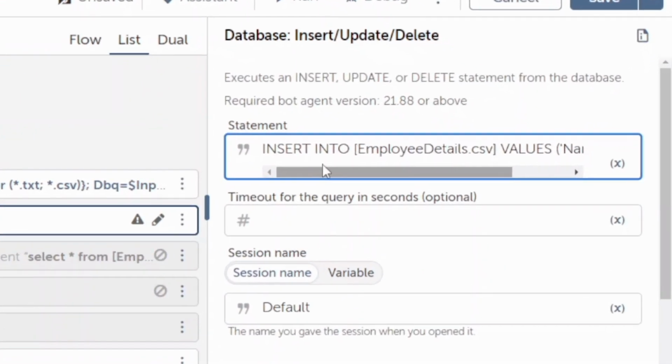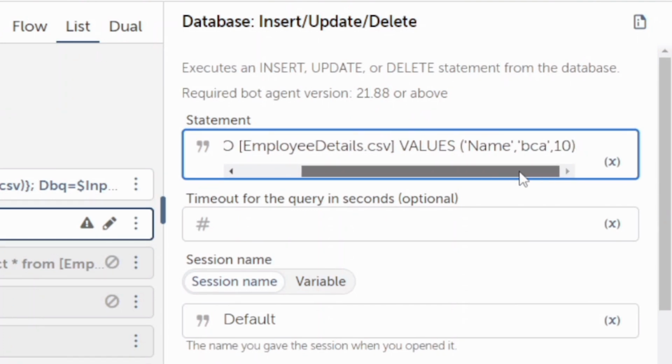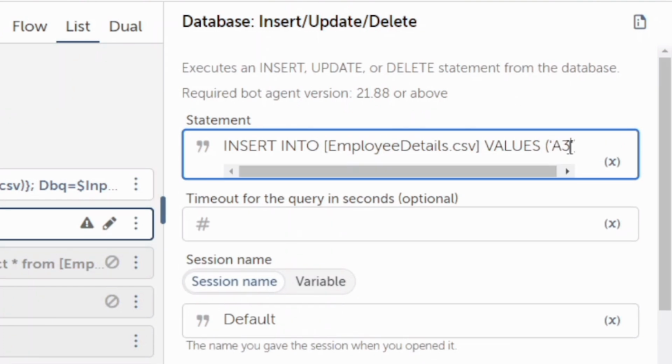So this is the SQL statement which we are going to use: insert into, and the name of the CSV file, employee details.csv, and values. So here we can give the values. I will give the values which I want to insert. First of all, we need to give the name, and I'm giving the name as A360. Then we need to insert the department. Let me give RPA,